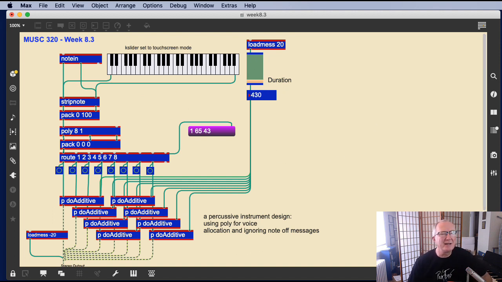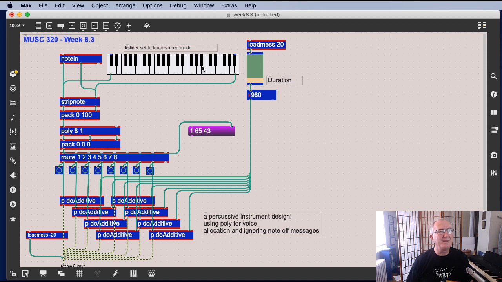Let's put our duration at, well, 980 is good. So just before I play this instrument, this is what I would call a percussive instrument. So when I trigger a note on, a message gets sent, and it triggers that sound and basically plays to the end of the envelope. And to ensure that I don't get clipping, the next note will just always play on the next voice, basically the next copy, and the next copy, and the next copy. So if I play a note here, maybe well,